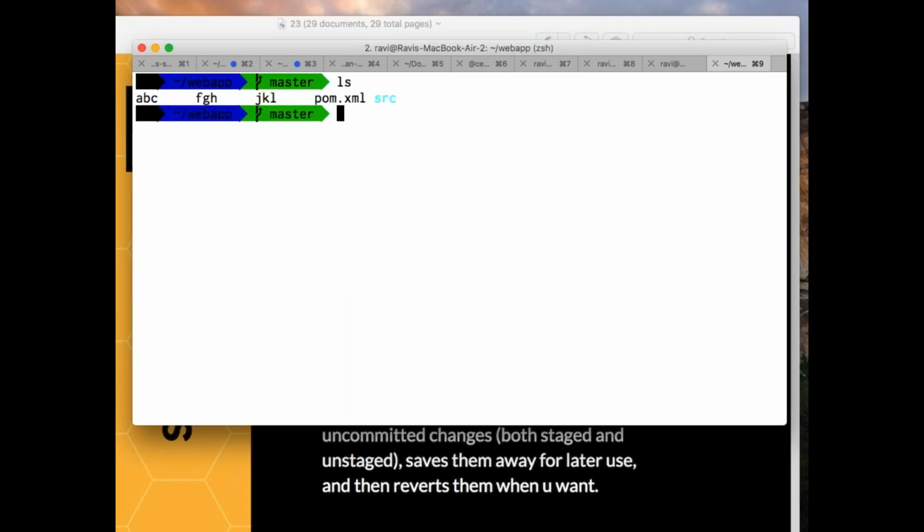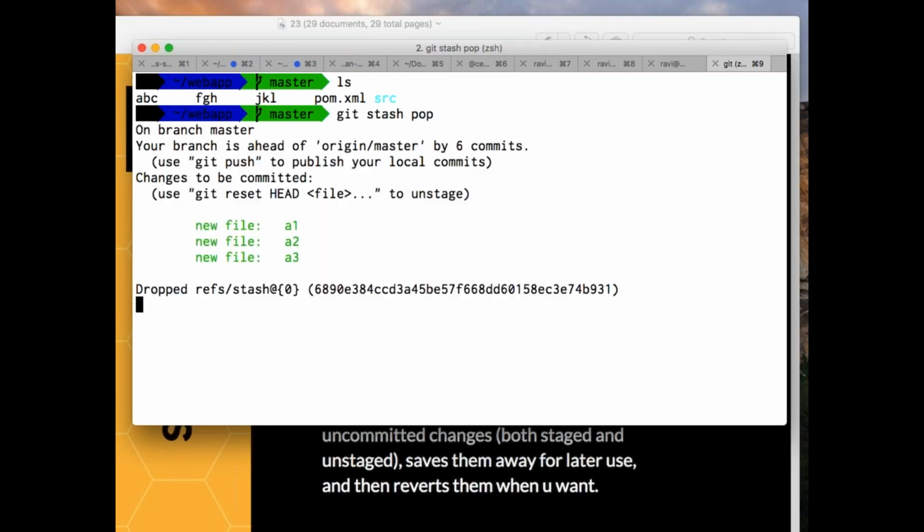And there are no files called abc, right? Now if I say git stash pop, you see what it says: drop the stash, which was my stash 0.